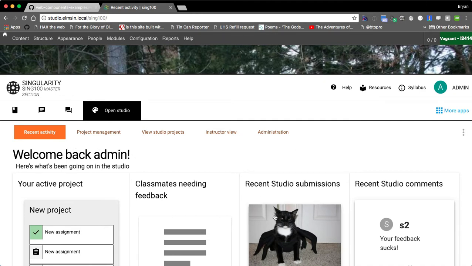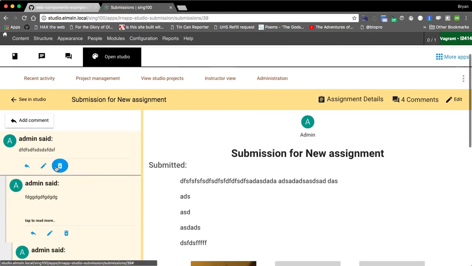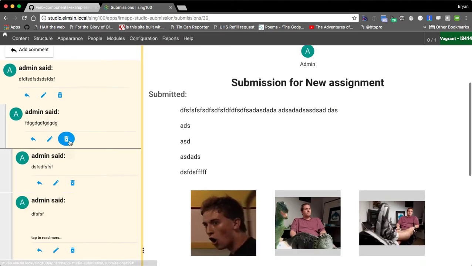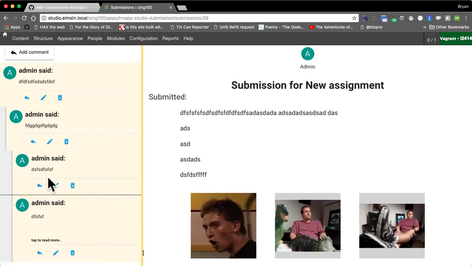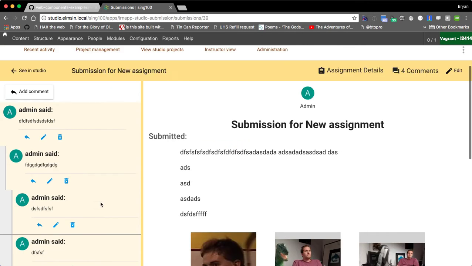What the need is, in our little studio environment that we have here, we need to know what the word count is on submissions, on this area of text, and also on comments. It would be useful to know, if this was real data, that there's one word here, so that instructors at a glance could skim through